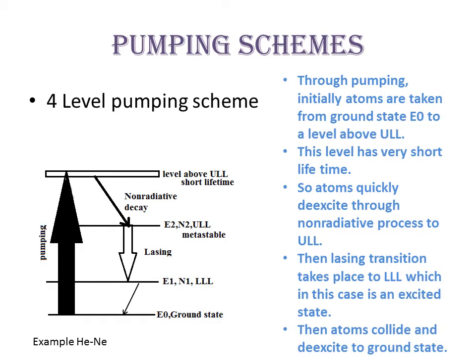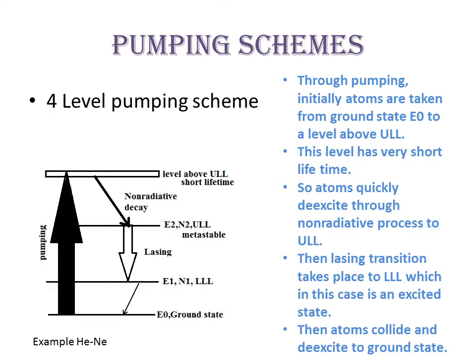Now dealing with the 4 level pumping scheme, just one more level will be used, and the way in which we are going to count is you have got the ground state, then above that we have got the lower laser level, which is E1 in this diagram, and then above that we have got E2, which is the upper laser level, and above that we have got E4. So the way in which we are going to count is lower laser level, upper laser level, then all the levels above the upper laser level, and all the levels below the lower laser level. So that will make the total number of energy levels 4.